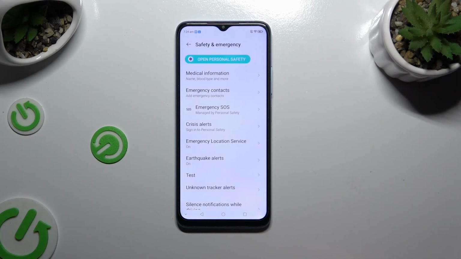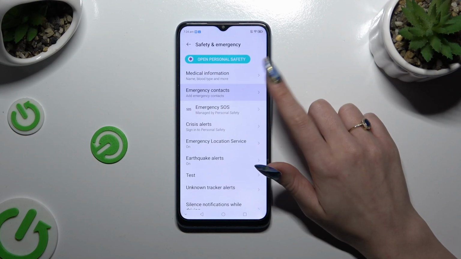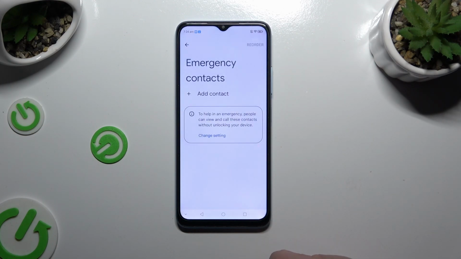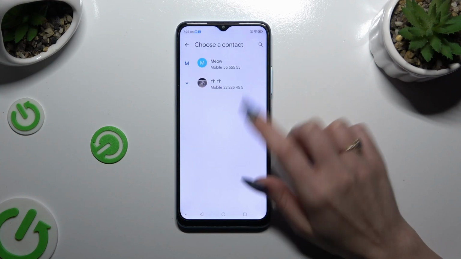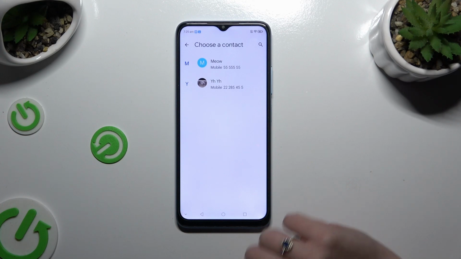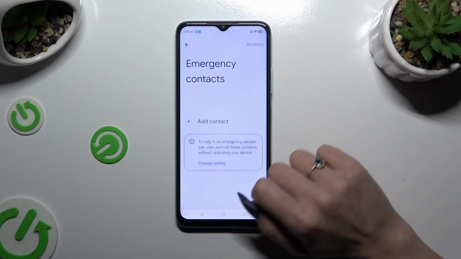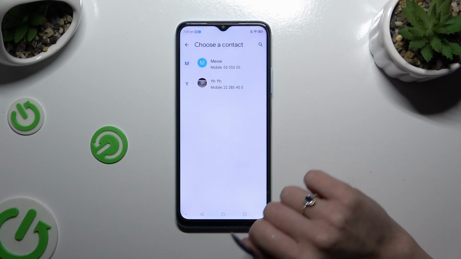Then click on emergency contacts and tap on Add Contact. Following that, tap on the one that you wish to set up and do exactly the same with all the